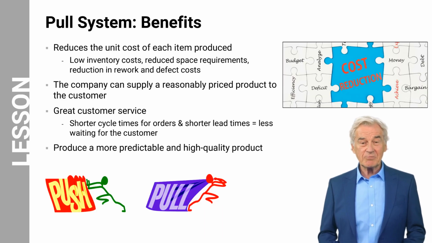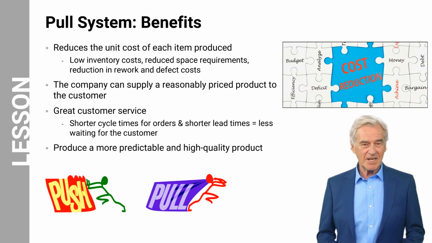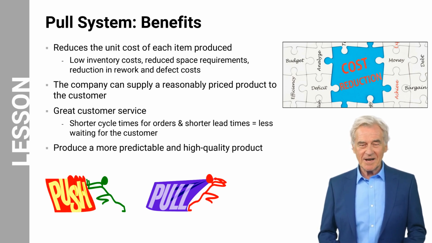What are the benefits of a pull production system? First, pull systems reduce the unit cost of each item produced. Low inventory costs, a reduced space requirement, and a reduction in rework and defect costs all result in a low unit cost. Low unit costs mean that the company is able to supply a reasonably priced product to the customer